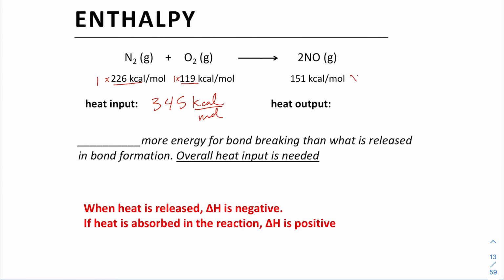And then we would have to multiply this one by 2 since the coefficient is 2. And that one would be 302. So here you can see that more energy is needed on the reactant side, so more energy is going to be absorbed. And the difference is 43